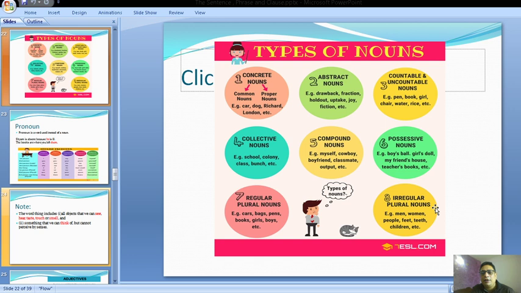Men and women, when we say that, people, feet, teeth, children, etc., these are irregular plural nouns. What it means is, just by adding the s, it does not become plural. For example, men is the plural of man. Women is the plural of woman. Children is the plural of child. So we do not say childs, we do not say men's, we do not say women's. So when we say these things,